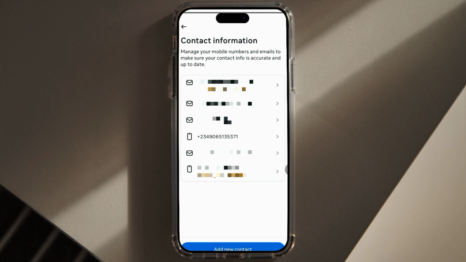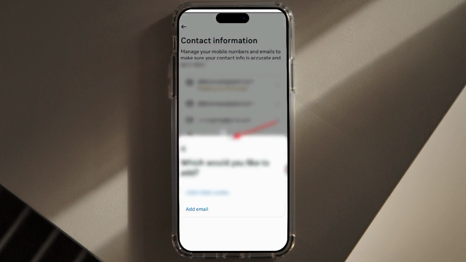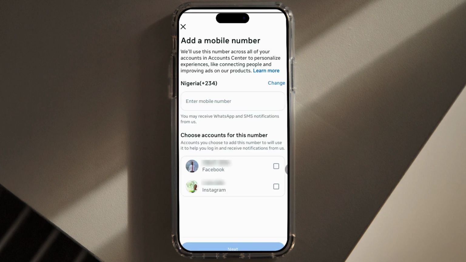So now I will proceed to add new contacts. If you don't know how to delete your former number, I will drop a link on the video description on my former video that will show you how to delete a number. So now I will click on add new contacts and then I will choose add mobile number. So I will enter the number,